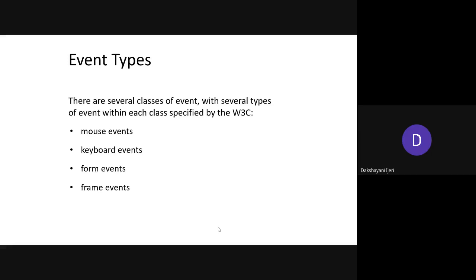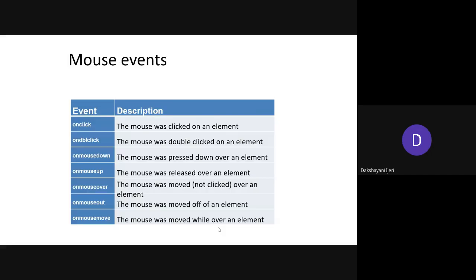Okay, so for that, you can define events with the mouse interaction as well as with the keyboard interaction. Okay. So before we get into the examples, let's see what the different mouse events and form events are that you can use in the coding part. Okay, so the table given here is the list of the events that is supported for the mouse interaction.